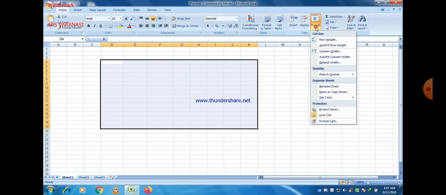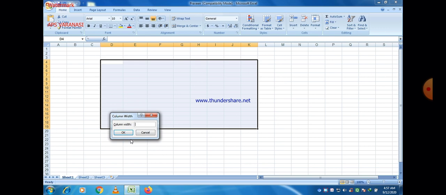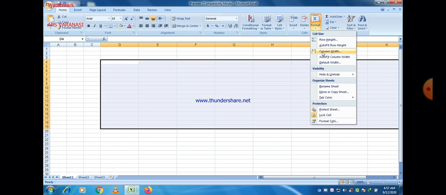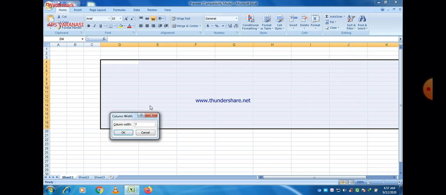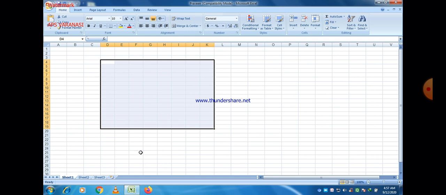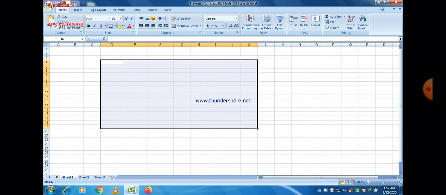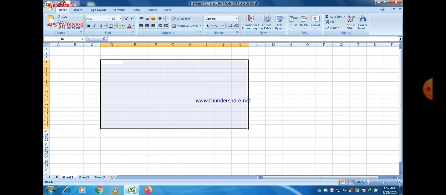Now this is our MS Excel file. You can change the size of rows and columns from here. Just go to the format option. You can change the column width here, give the width. Suppose I just give 20, then you can easily see that the size will be increased. And if I decrease the size, I just give a size 7, then you can easily see that it is a size 7. So you can increase or decrease the size of both rows and columns.